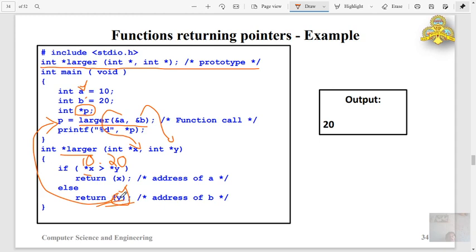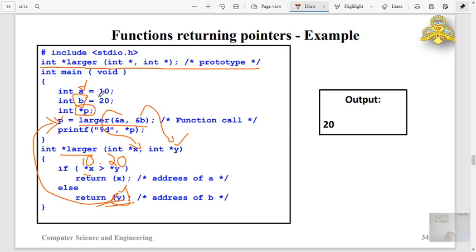The reason is that y is assigned with the address of the integer variable p, so that is returned here, and star p is nothing but once again p. Here b is the integer variable b. So that means the memory location of integer variable b has two pointers, one is y inside the function larger and b inside the main. Depending on the value of a and b, we may get different answers.